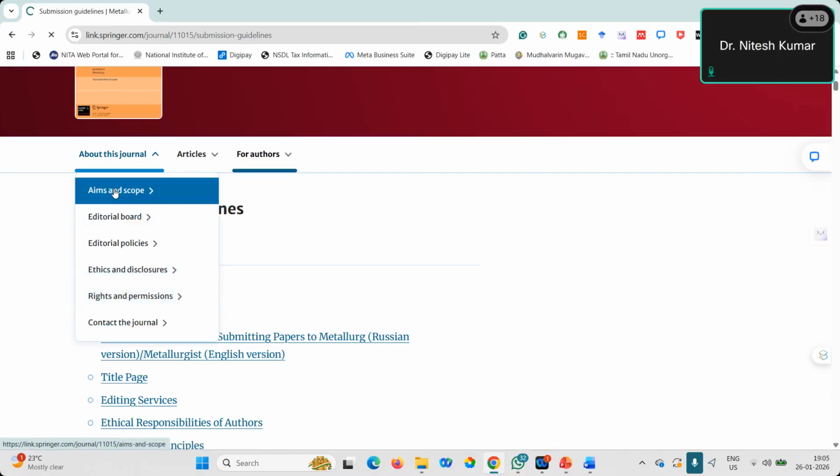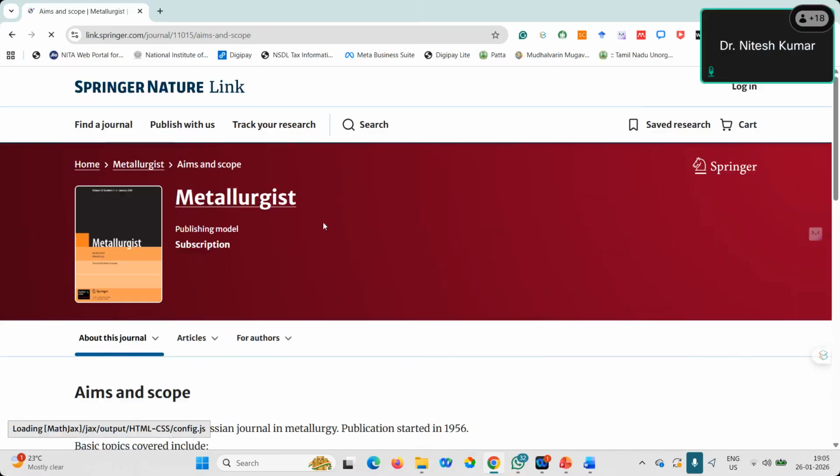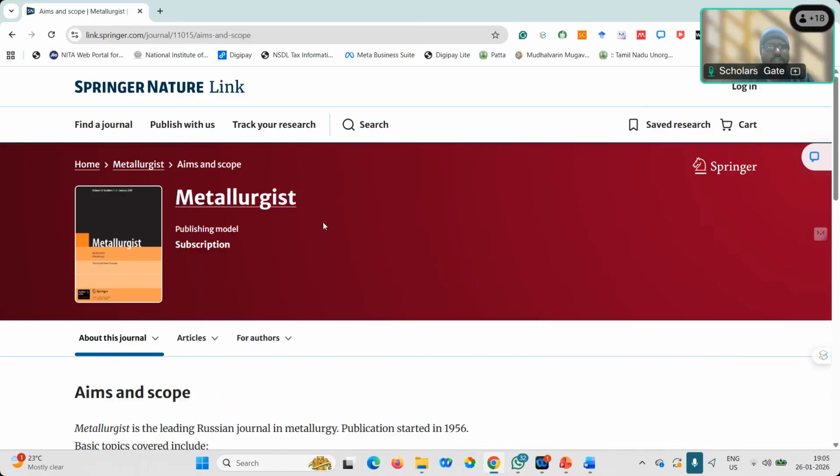Another one is the aim and scope of the journal. How to identify AI content? You can use Turnitin, sir. Through Turnitin, you can identify. But Turnitin is paid; is there any free or crack version we can use?